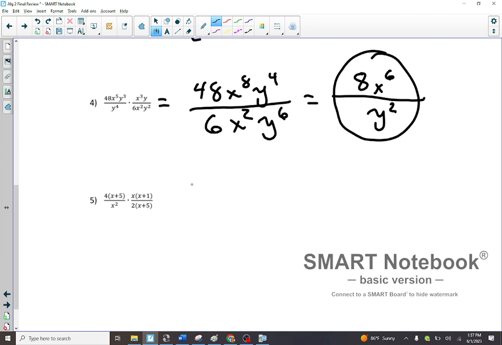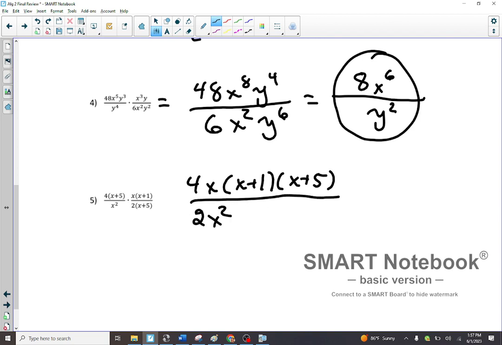Yes. Multiply things together to make it a little bit easier. 4x, you could cross out before you work, yeah. x plus 5. Over here, 2x squared, x plus 5. See, I clearly have 2x plus 5s on the top and bottom. 2 and 4 can reduce to 2 and 1. x squared and x could reduce to x on the bottom, which means all I have left is 2x plus